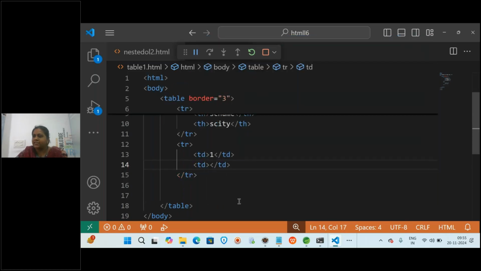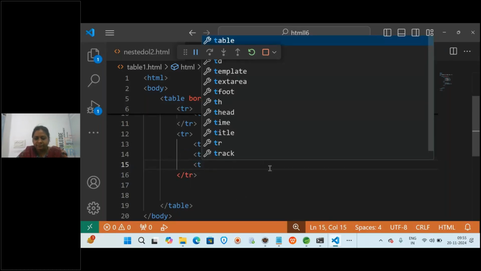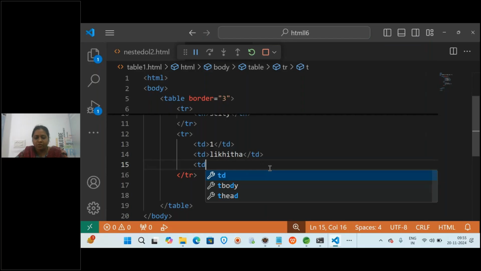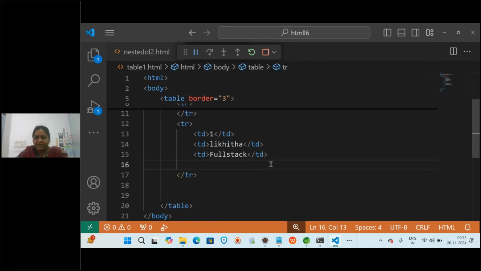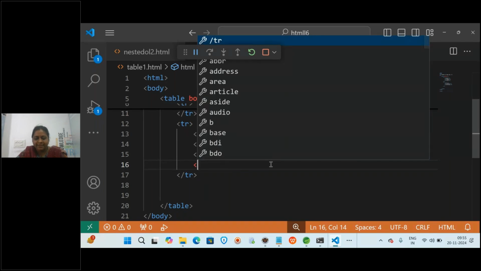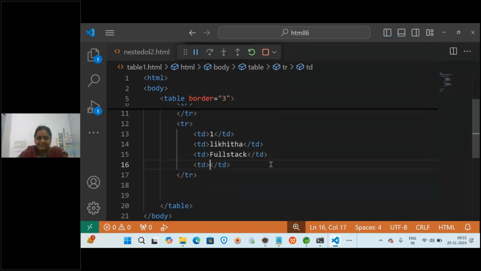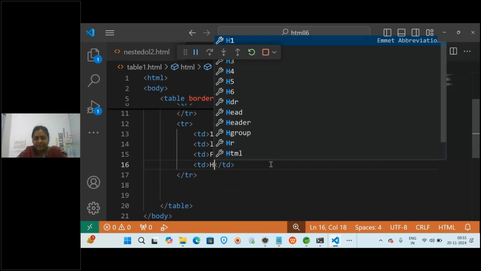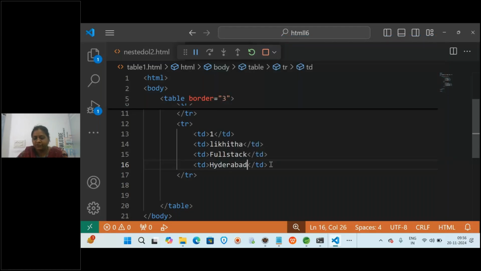I'm going to write the student name, suppose Likita, and then again TD and the student course name, suppose full stack, and then again next we write the city, let us say Hyderabad. So like this we are going to write.